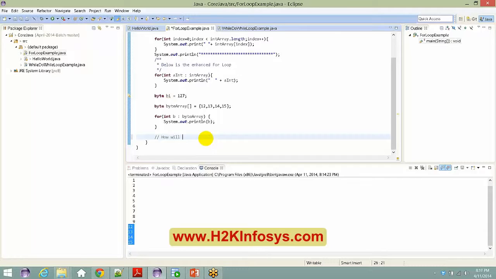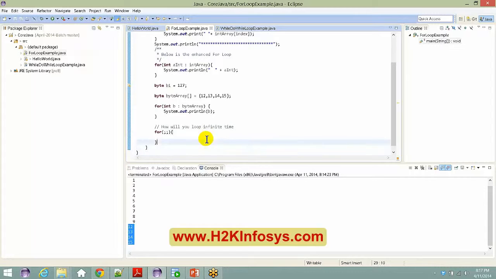How will you loop infinite times? Okay, that means I want my loop to be infinite. I mean, it should keep looping again and again and again. So you can use the same for loop here, and you can just say double semicolons. Okay, so now if I just say